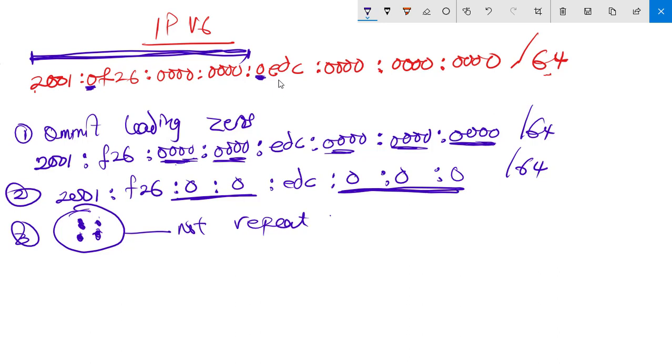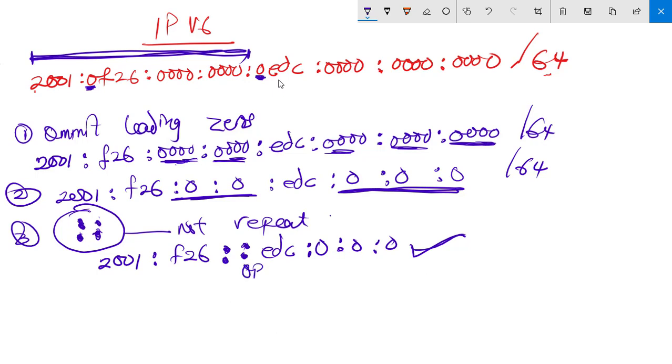You can choose to write it this way: 2001 colon F26. Then this set of consecutive zeros will be double colon. Then you continue with EDC. Then you have your 0, 0, and 0. This is correct. You can also choose to bring your consecutive 0, your double colon here. This part of consecutive zeros is also correct. So either this or